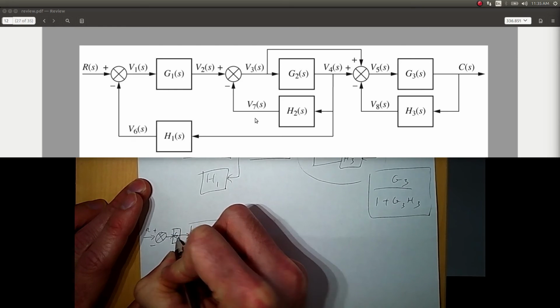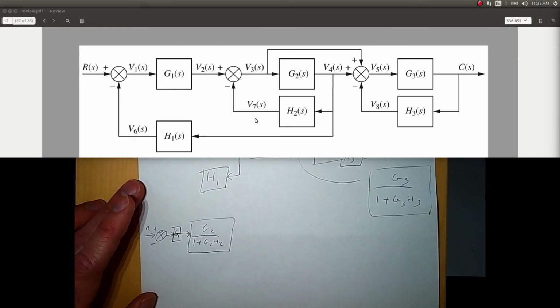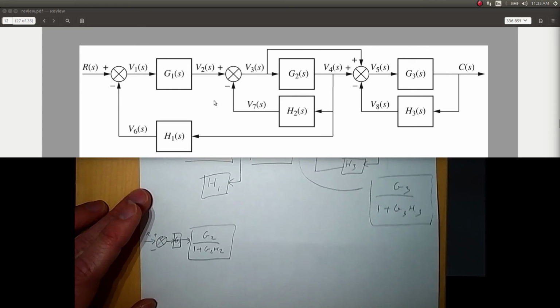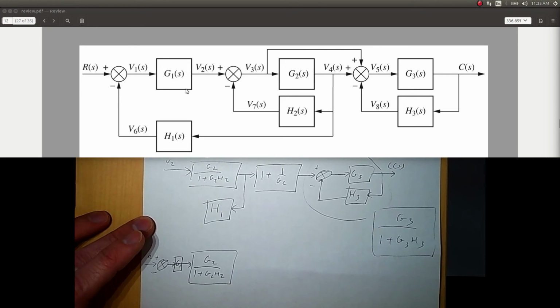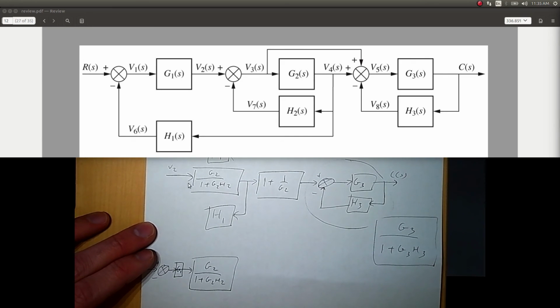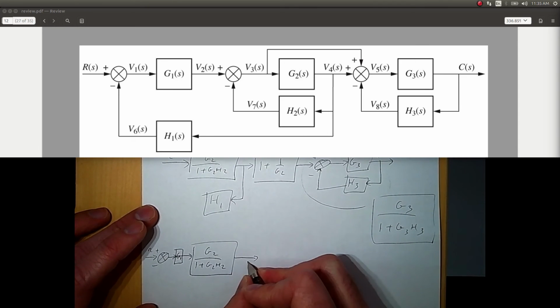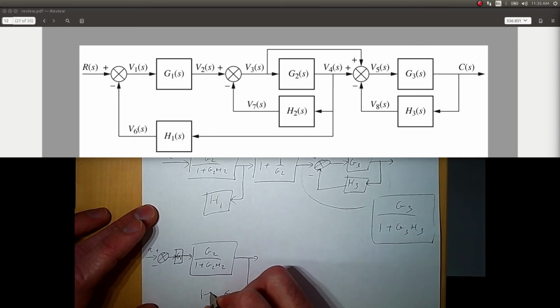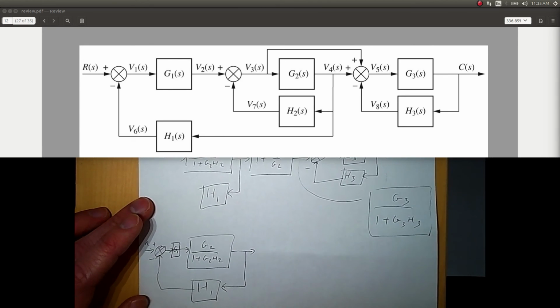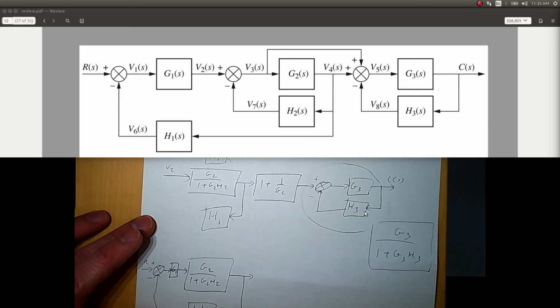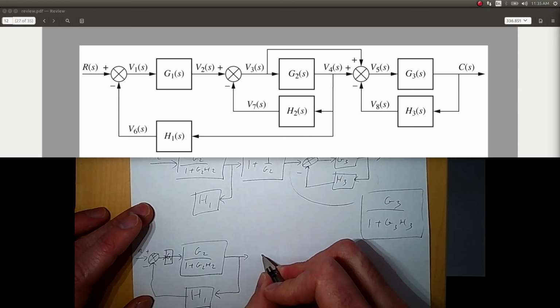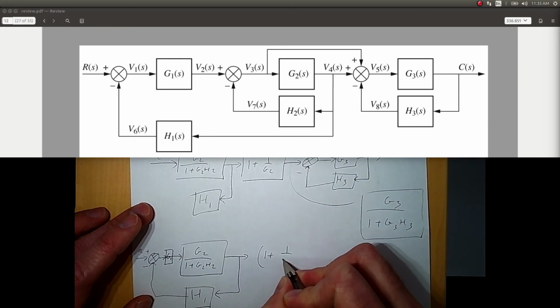So there's G1. So we have G1, and then the output of R, the summing junction times G1 gives us V2, and that was our input here. So now we've got this transfer function, and the output of that is fed back to H1 through H1, and then we have these two, so 1 plus 1 over G2